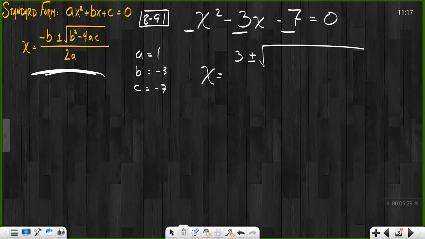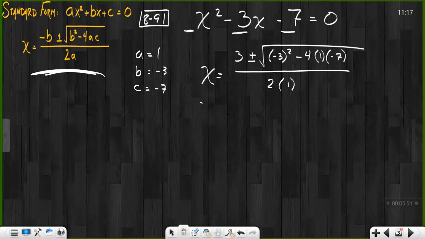The square root of, use parentheses here, negative 3 squared. Notice the negative 3 is inside parentheses, squared is outside. Be careful. In our evaluate expressions, we dealt with that heavily, and that would be a common mistake. Times 4, minus 4 times a, which is 1, times c, which is negative 7, all over 2 times a,